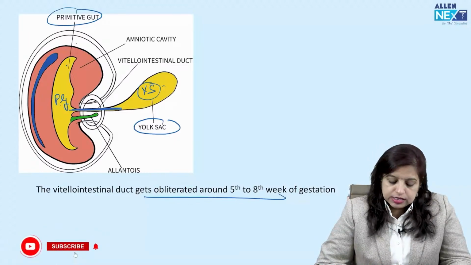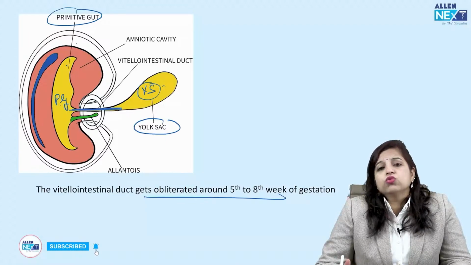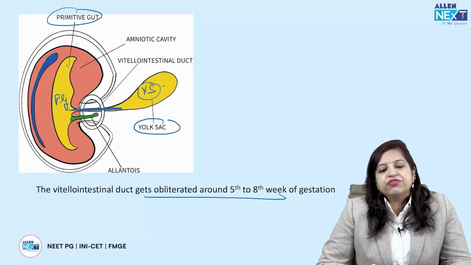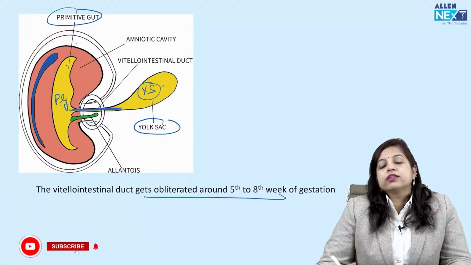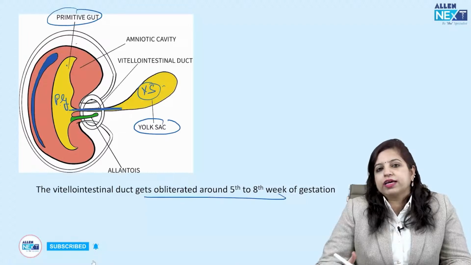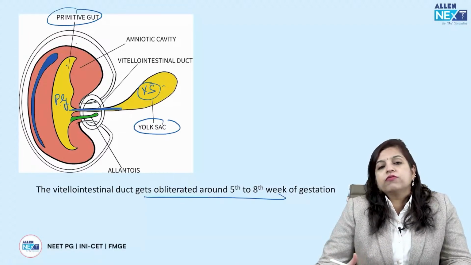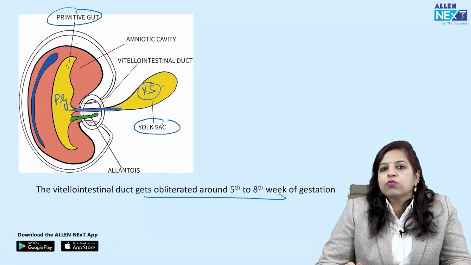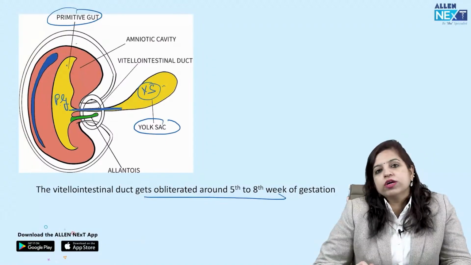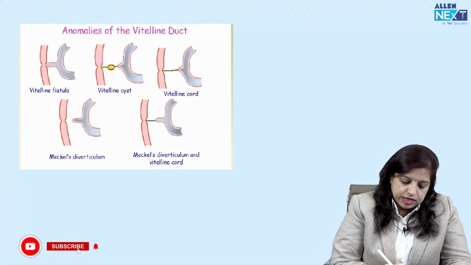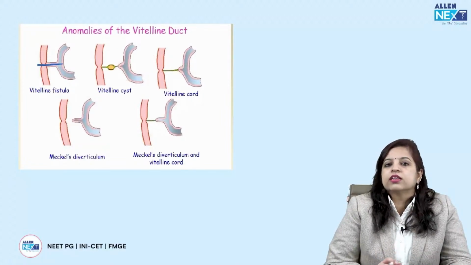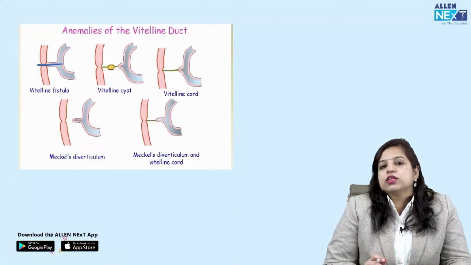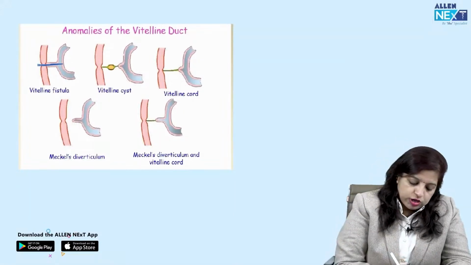Now what happens is that if this duct remains patent, then definitely there will be a communication between the intestinal region and the umbilicus, and because of that there would be outpouring of the meconium from the umbilicus, as is the case. Now there can be various kinds of anomalies of the persistence of the vitellointestinal duct. So what kind of anomalies can be there? There can be straight away an intestinal fistula, the vitelline fistula, and probably this is the case occurring in the question,